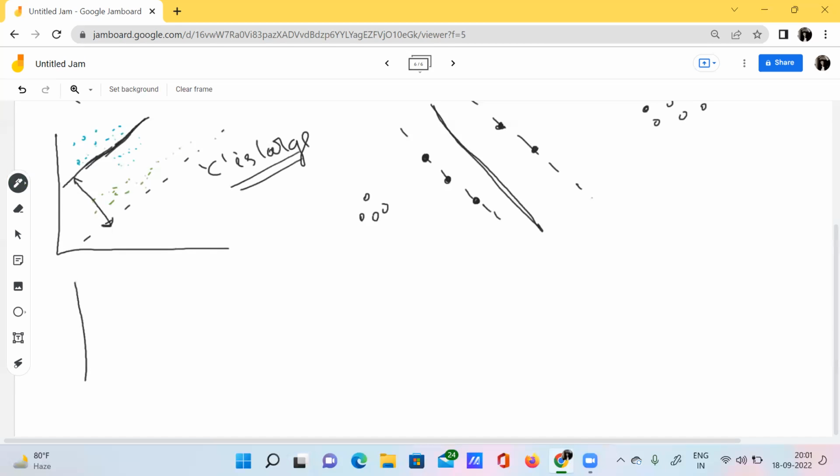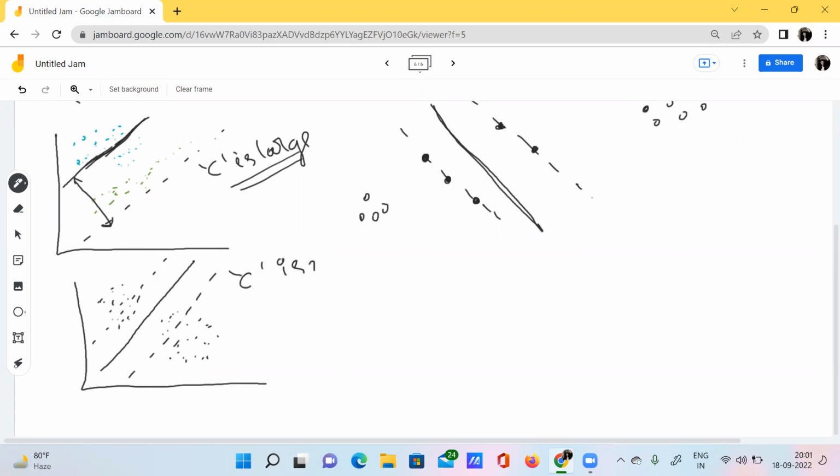Okay, and I have another scenario like this, where I have the hyperplane here, and this is my margin, and there lie so many data points here. This situation occurs when C is small.